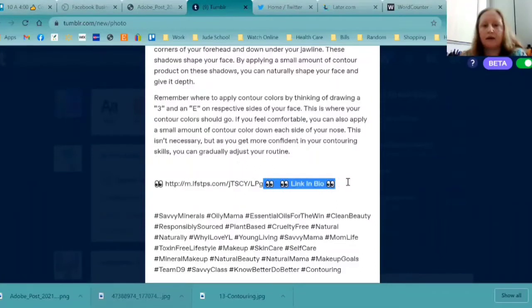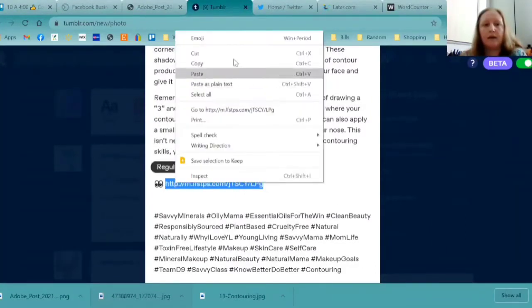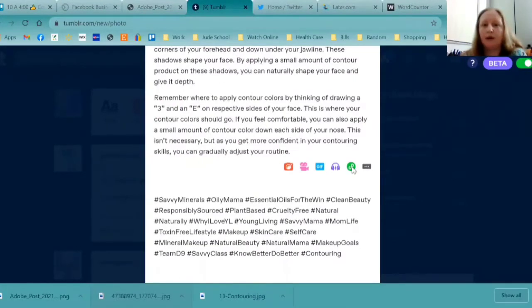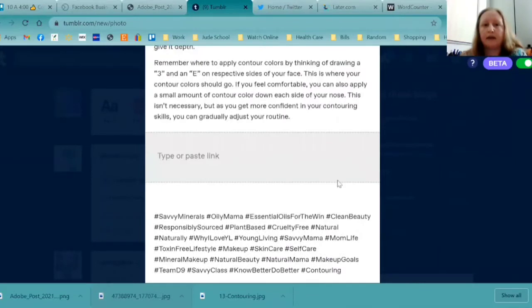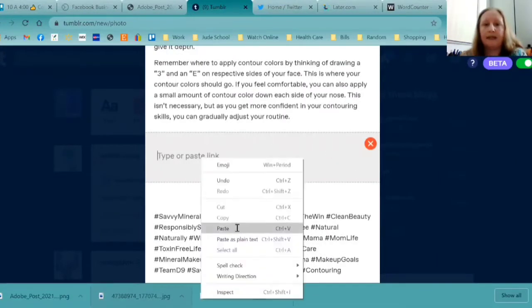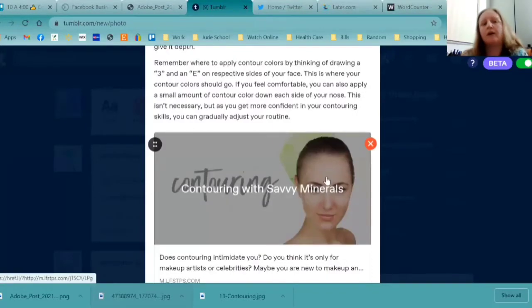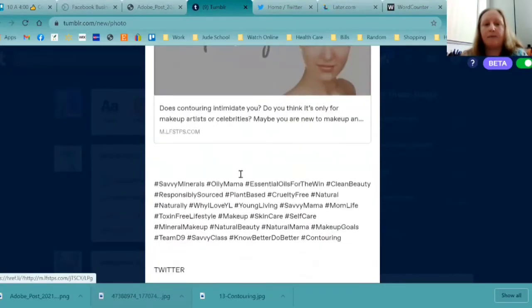And then here, I'm going to delete that text, copy my link or cut it so that it's in my clipboard, and then click that little link and paste it in here. And so it's going to give me a link to my website embedded.